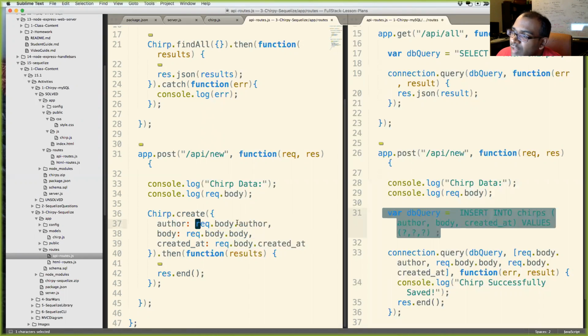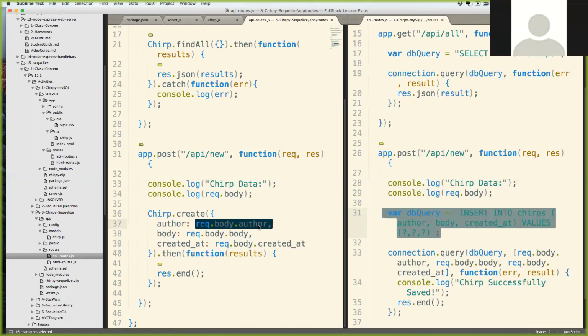And what is req.body? Anyone? Why do we access author like this? The object. Right? Yeah, go ahead. It's sent in when you do the request, post form. It's sent in as a parameter. Exactly. It's sent in as a parameter when you submit the form or you make the AJAX request.